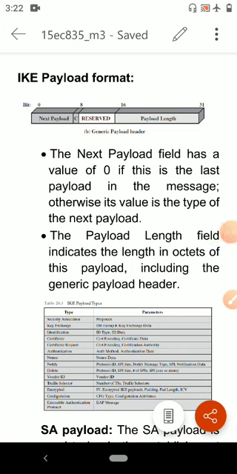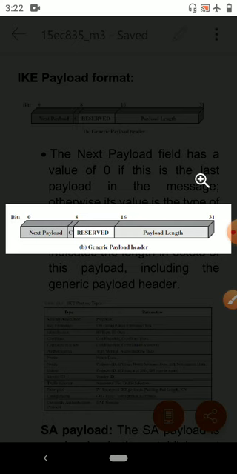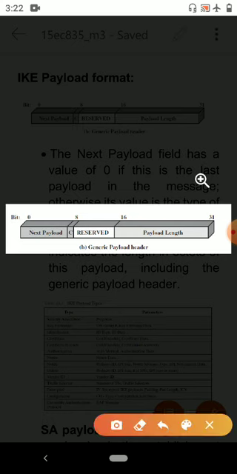All Internet Key Exchange payloads begin with the same generic payload header as shown in this figure. The next payload field, this one, has a value of 0 if this is the last payload in the message.